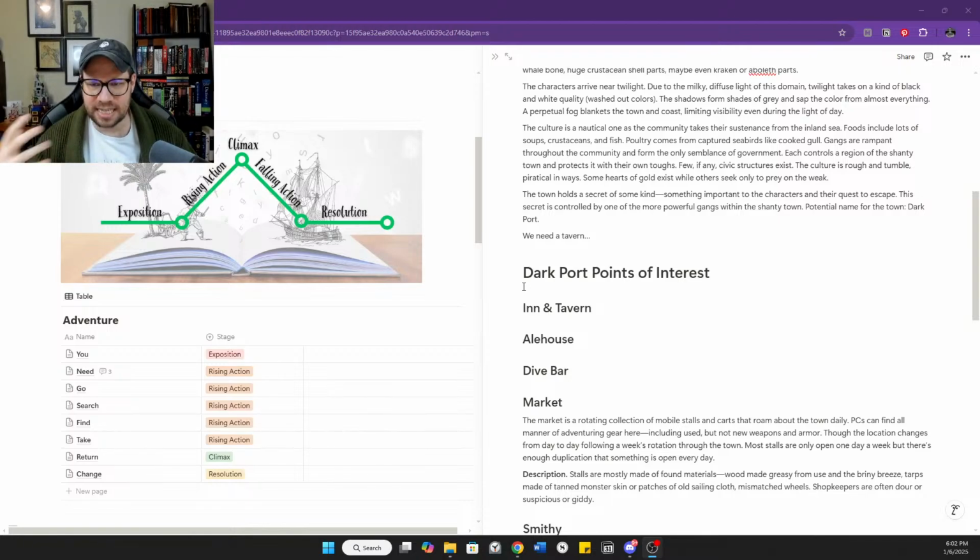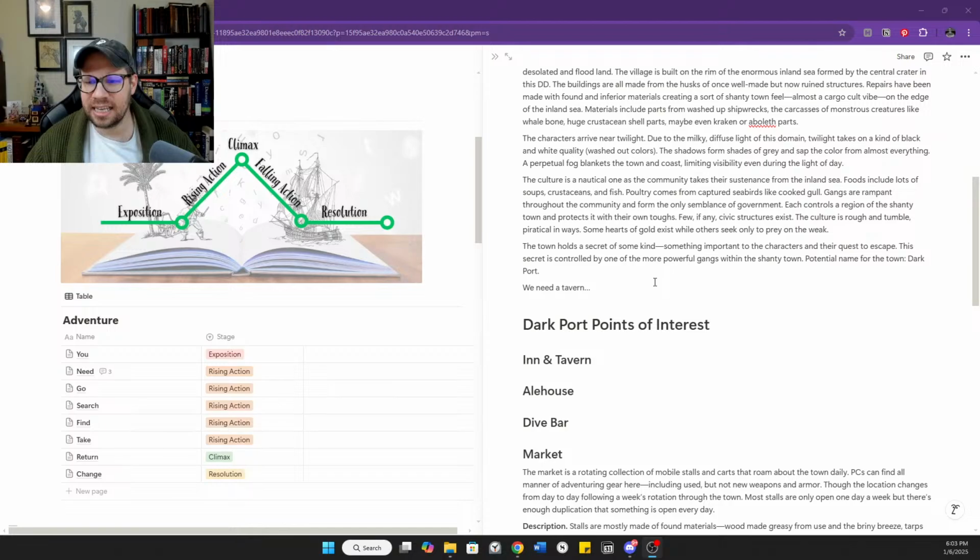We had this idea that it's a shanty town on the banks of this large inland sea, and that it's therefore a seaside community, but that it's built up out of the ruins of a far more prosperous, far more effective civilization, the one that came before.